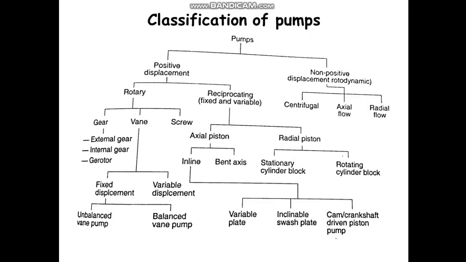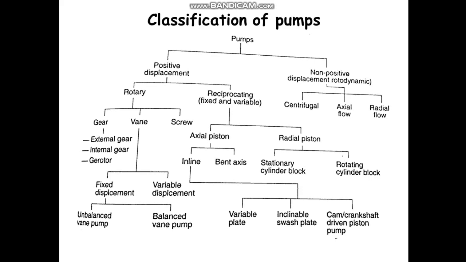Now let us move on to classification of pumps. As I already said, there are two main types. One is positive displacement and another one is non-positive displacement, which is called rotodynamic. The meaning of positive displacement is that when a pump delivers a fixed, or constant, amount of liquid per unit time, then it is called a positive displacement pump, and there are no chances of leakage of oil or liquid from the higher pressure area to the lower pressure area because of load acting on the pump or restriction to the flow.